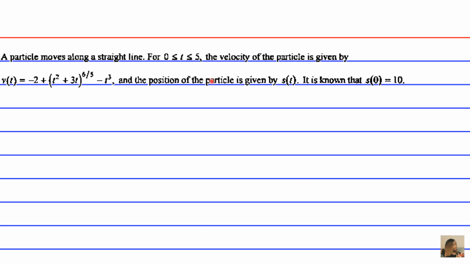And the position of the particle is given by s(t). It is known that s(0) = 10. Find all values of t in the interval 2 ≤ t ≤ 4 for which the speed of the particle is 2. I'm just going to assume that these numbers represent minutes, although we're not told specifically what they are, just for